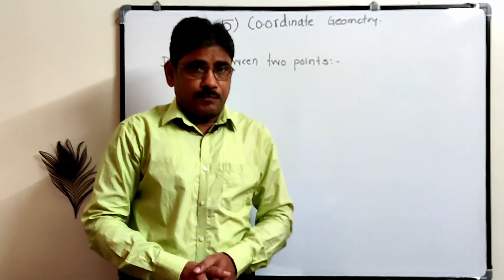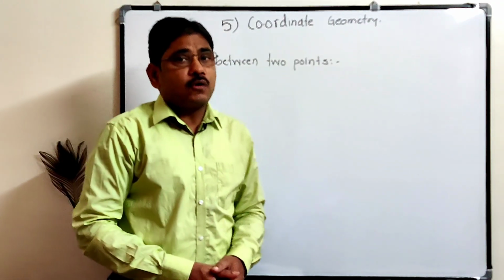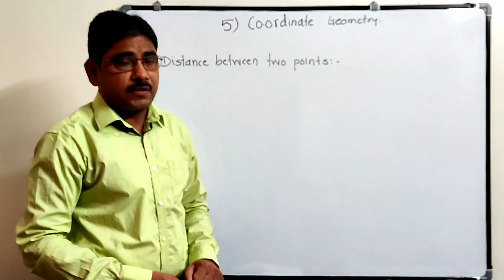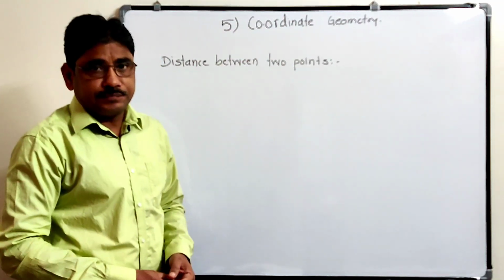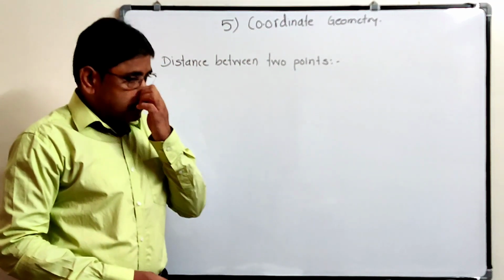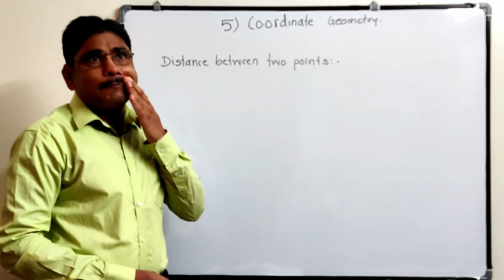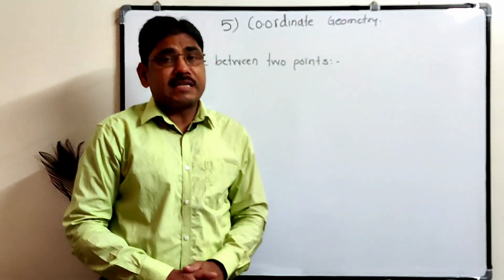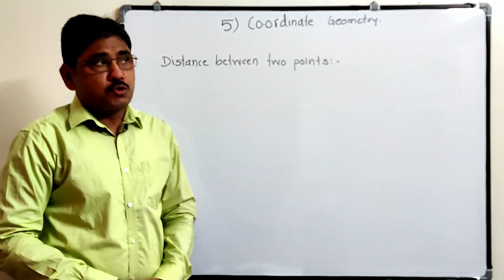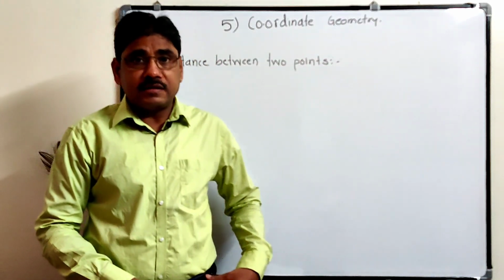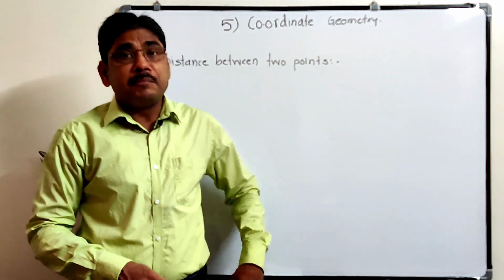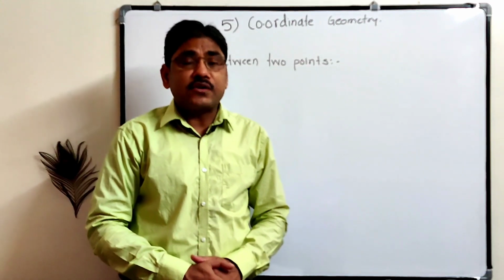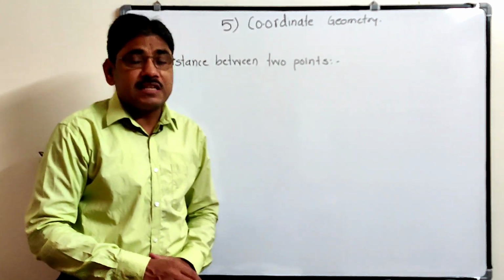Welcome students. Today we are going to study Standard 10th Geometry's 5th chapter, Coordinate Geometry. In Coordinate Geometry, we are going to study the following points. First one is the distance formula. So in practice set 5.1, distance formula is there. In practice set 5.2, section formula and centroid formula and midpoint formula. These three formulas are there.